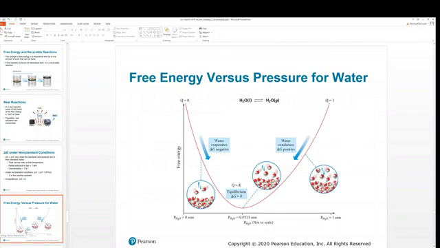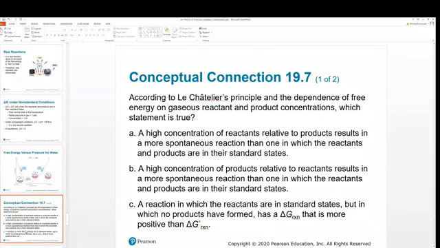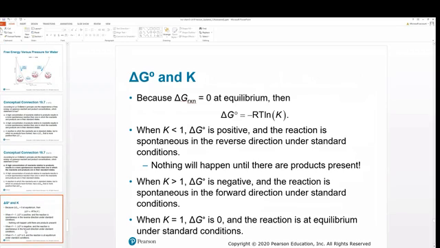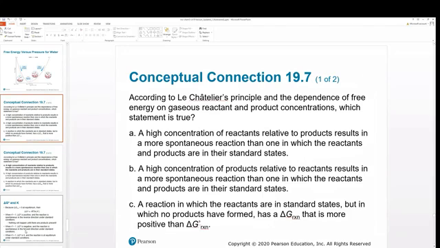So we can also say that there's a big interplay between knowing what G is and the relationship between Q and K. I'll get into that now. Well, we'll do that here, but we'll do a question first about Le Chatelier's, which is our favorite principle,